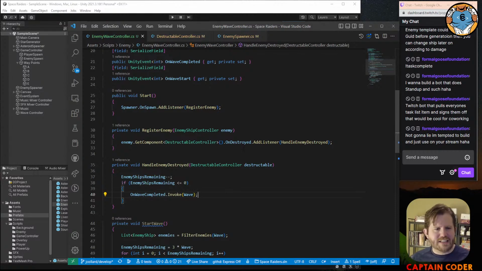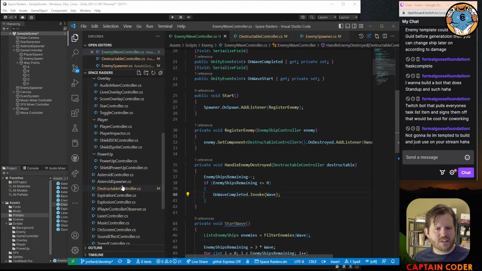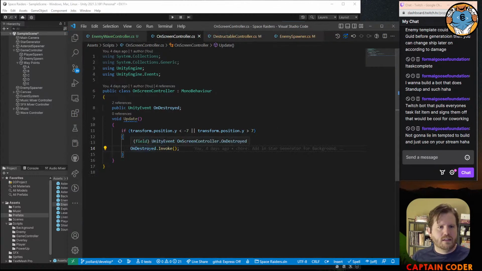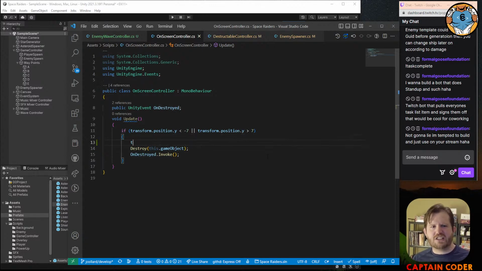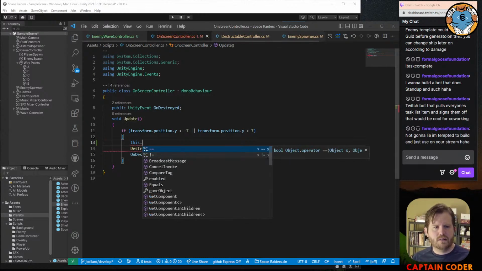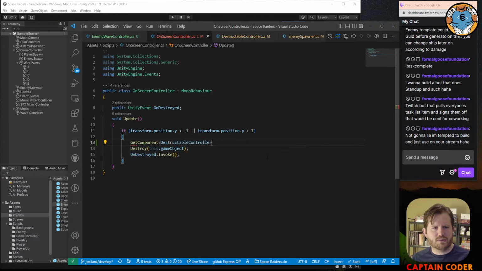But I think there's an easy-ish fix to that because we made this on-screen controller, which also has this on destroyed. But before we destroy it, we want to basically say if this thing is a destructible, get component destructible controller. All right, so if it is a destructible,